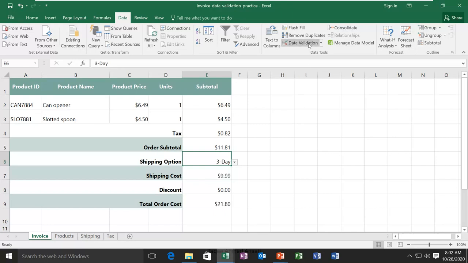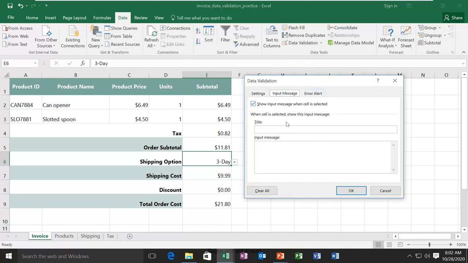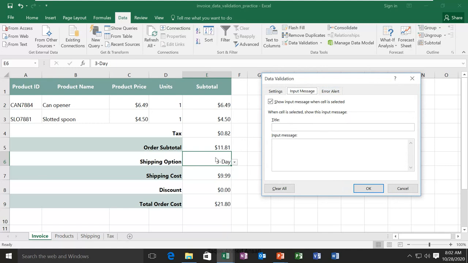You can also set a message for the cell. You can have an input message here. That means whenever someone hovers the mouse over the cell, it will display this message. Like I say, I have list validation there, and the message I write is: choose value from list.